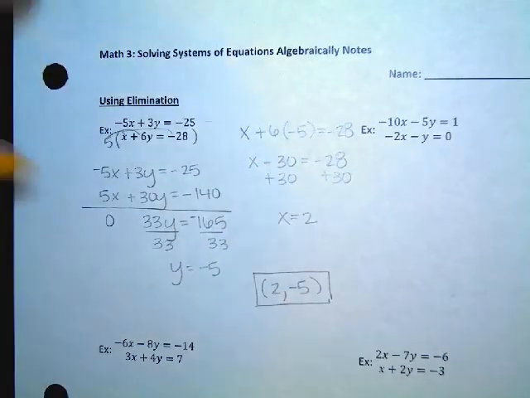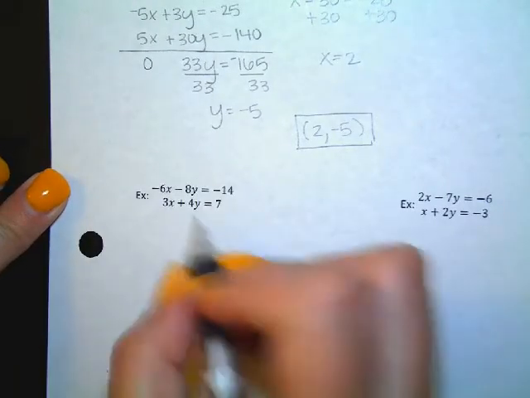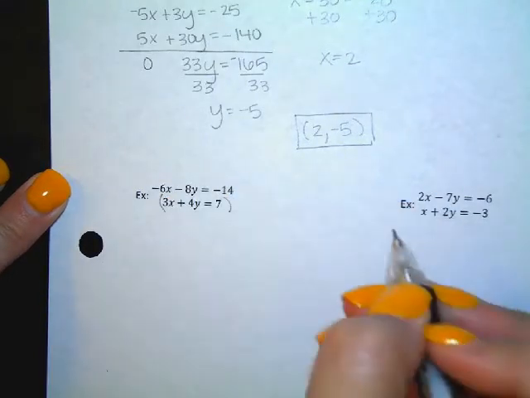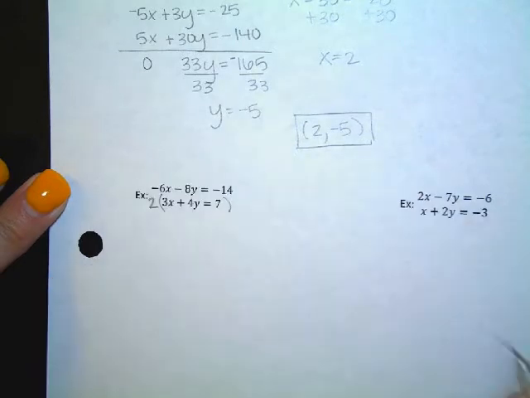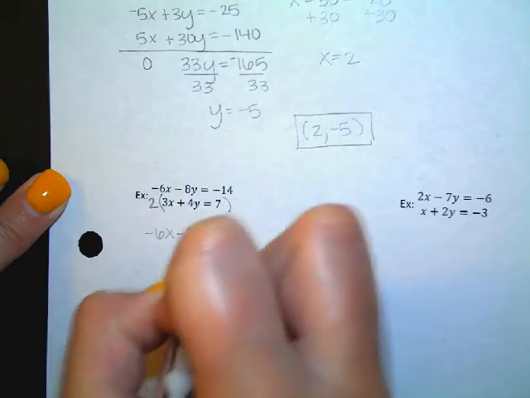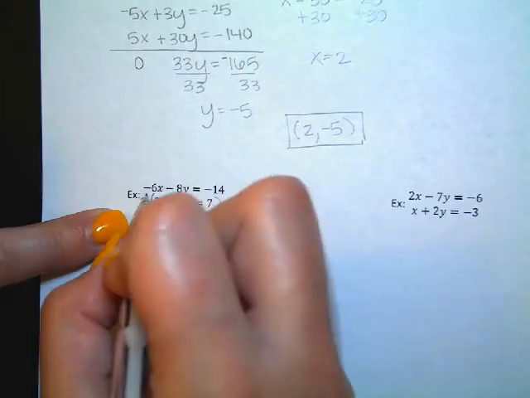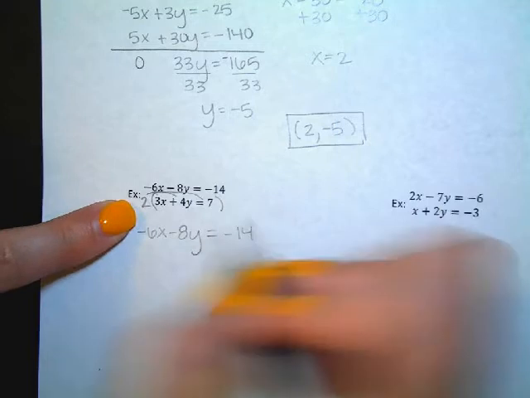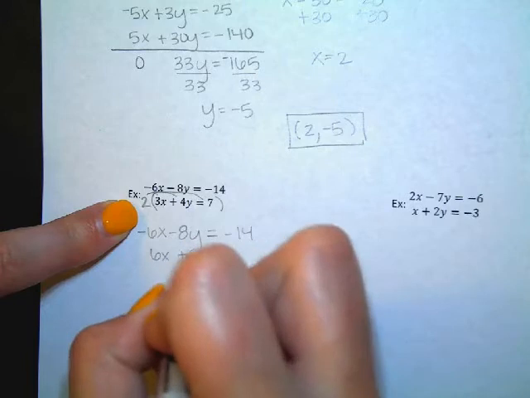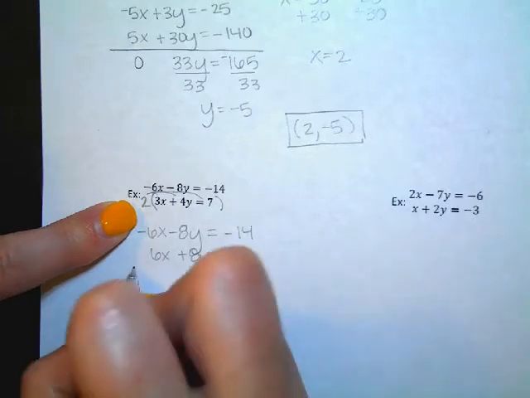All right, let's go ahead and try the example that's right underneath that. So for this one, I'm going to say, okay, this is -6 and that's +3. So if I take the entire second row and multiply it by 2, then I'm going to go ahead and carry the first row down. And then I'll distribute the 2 to the second row. So 2 times 3x is 6x, 2 times 4y is +8y, 2 times 7 is +14,